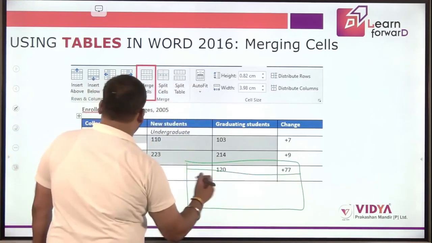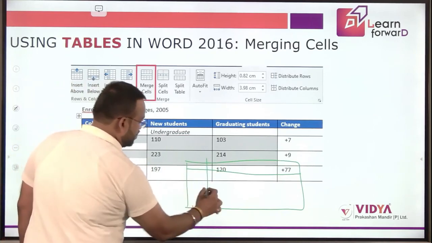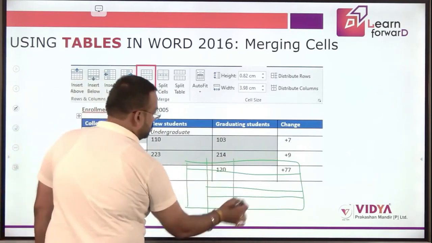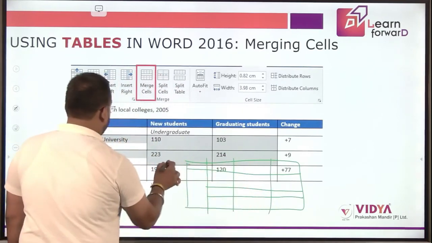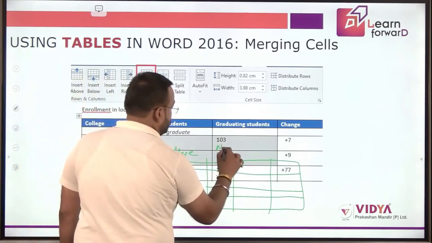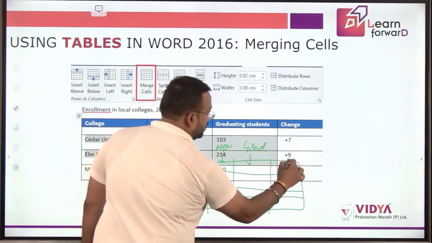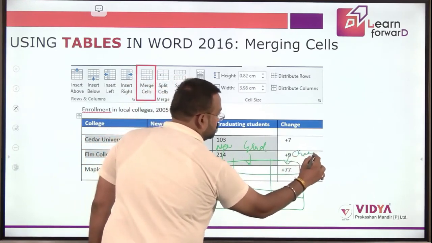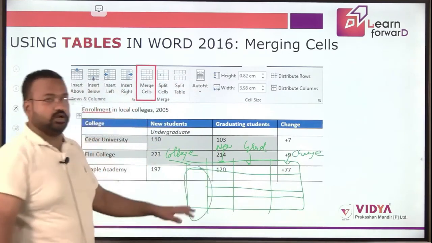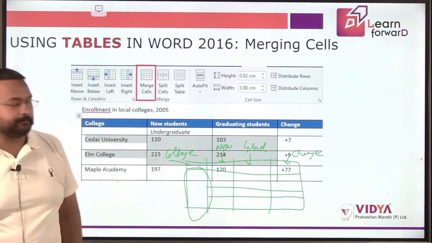Here I would get these headers, and I have selected these rows, so these would be the combined ones, and the rest of the information would be like this. Over here we have college, in this we have new students, over here we have graduating ones, and over here we have change. So now my table will look like this. These columns would be merged into one and the rest of the cells would remain the same.